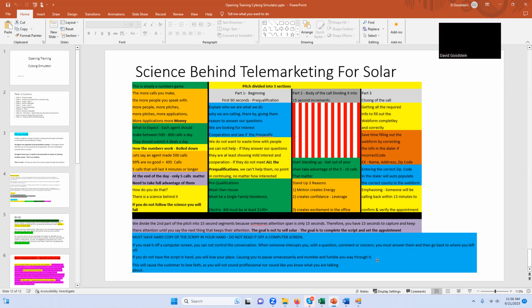But when you're agreeing to these callbacks and you're buying into what the customer is selling, many times you haven't pre-qualified them. You don't know whether or not they're a homeowner. You don't know whether or not they live in a single family residence or they live in a townhouse, condo, mobile home, manufactured home, lean-to hut, cave, doesn't matter. Or you don't know if they have a high enough electric bill, but yet you're agreeing to a callback, but you don't know why you're calling them back. You don't know whether or not this person qualifies or not, but you're agreeing to the callback because you want to please the customer. The customer sold you on